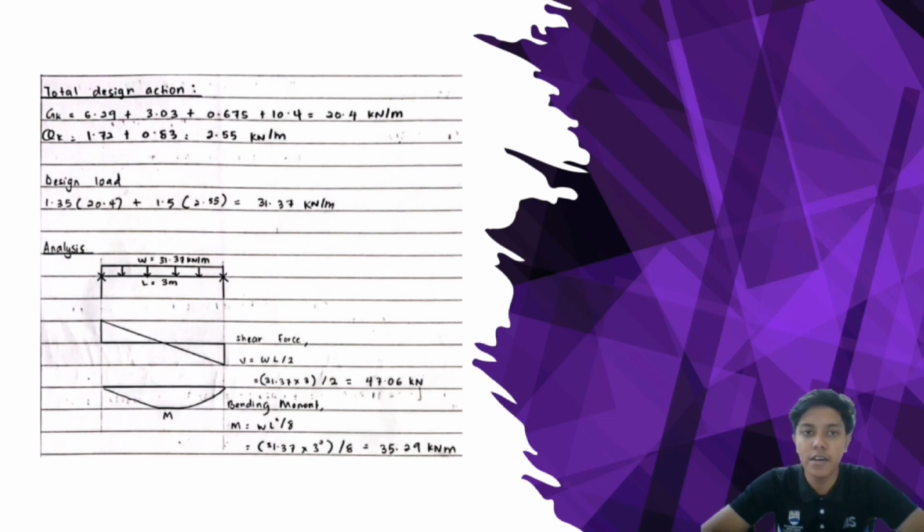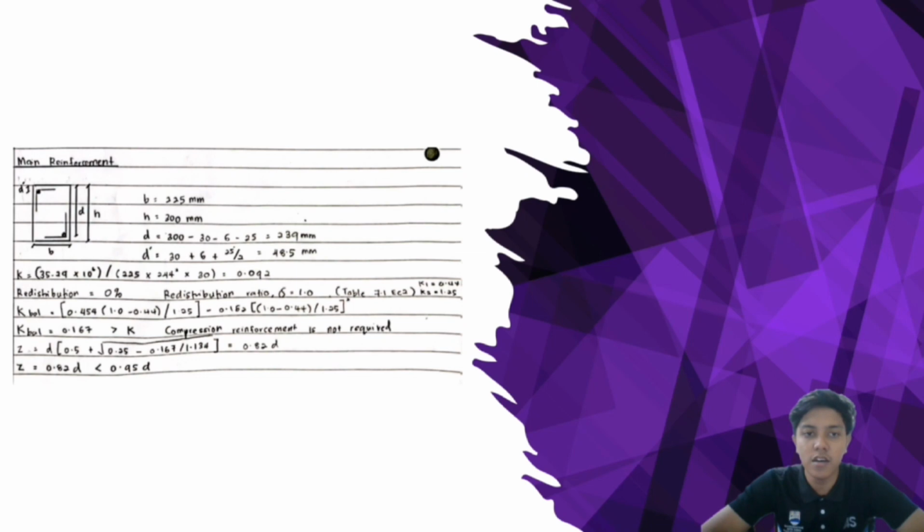Then based on the shear force diagram and bending moment diagram, the maximum shear force is 47.06 kN and the maximum bending moment is 35.29 kN meter. Next, for part main reinforcement, because this beam is located on the ground floor, we consider this beam